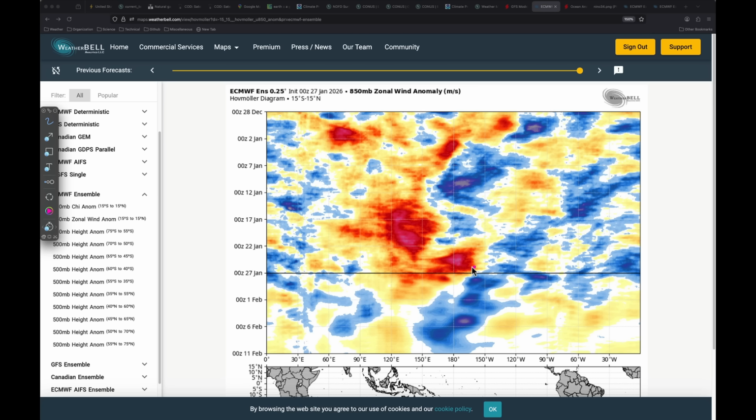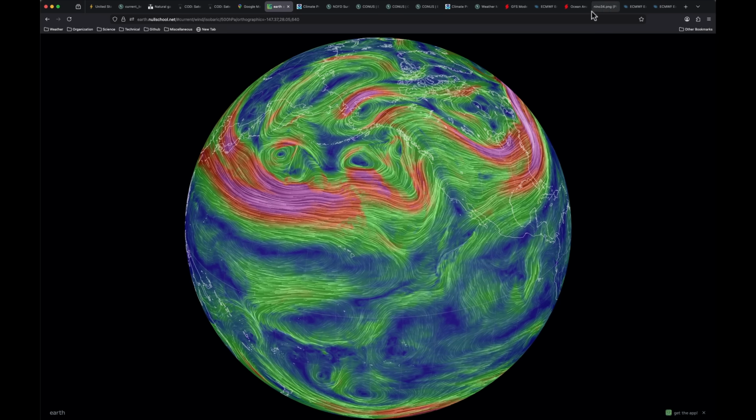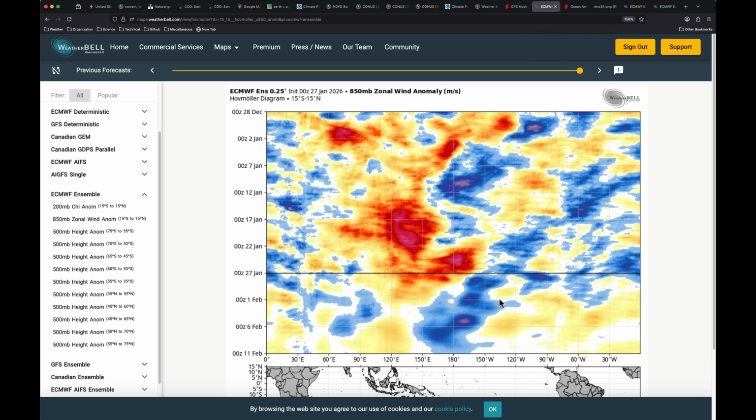And what we're seeing right now at the nose of this westerly wind burst, near Tahiti, right over the central Pacific, is convergence. This wind is out of the east, at least the anomaly, that's out of the west. Convergence over the central Pacific, convection, thunderstorms in this area. Great recipe for some of these Pacific jet extensions to get all the way over and start impacting our weather, similar to what we talked about earlier, right? But after that, those trade winds settle in over this region, and that's probably going to help keep La Nina around a little bit longer.